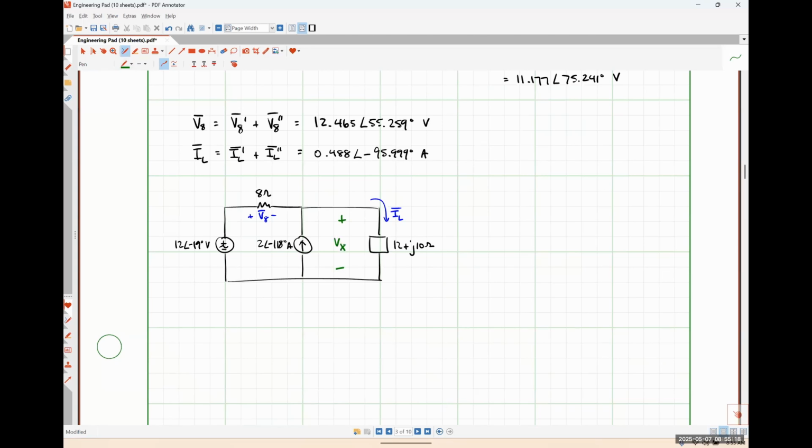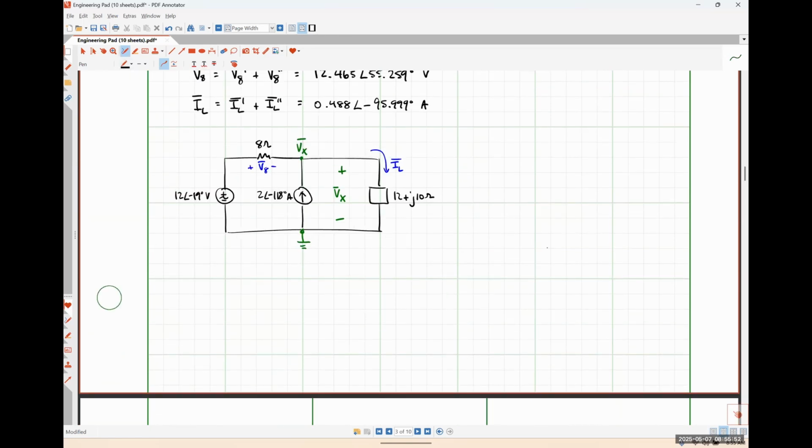So I'm just going to call this Vx, like so. And how I'm going to solve for this voltage Vx is essentially just Kirchhoff's current law. You might want to think of it like nodal analysis, but it's really just a one equation, one unknown system. So more realistically, it actually is just KCL. If I treat this bottommost node as ground, and the voltage at this node as a nodal voltage Vx, I could say that